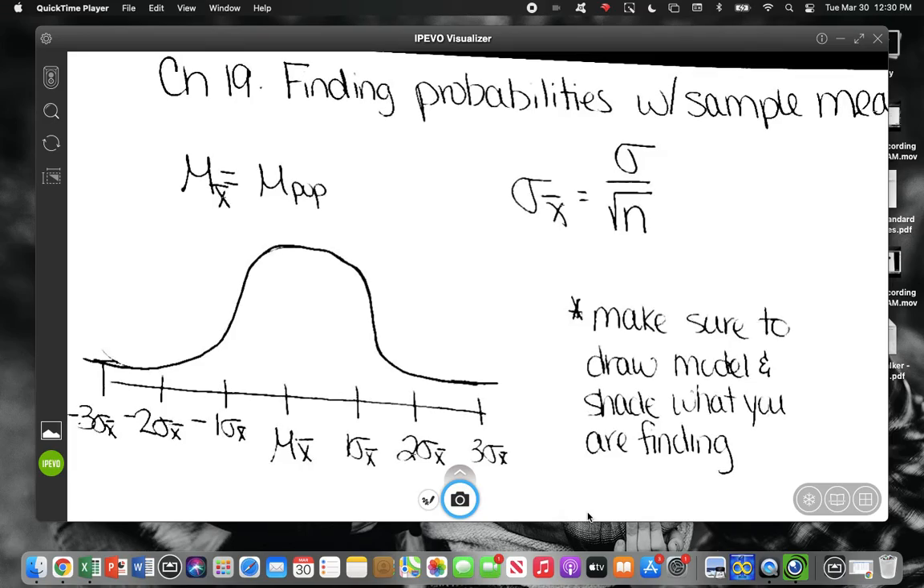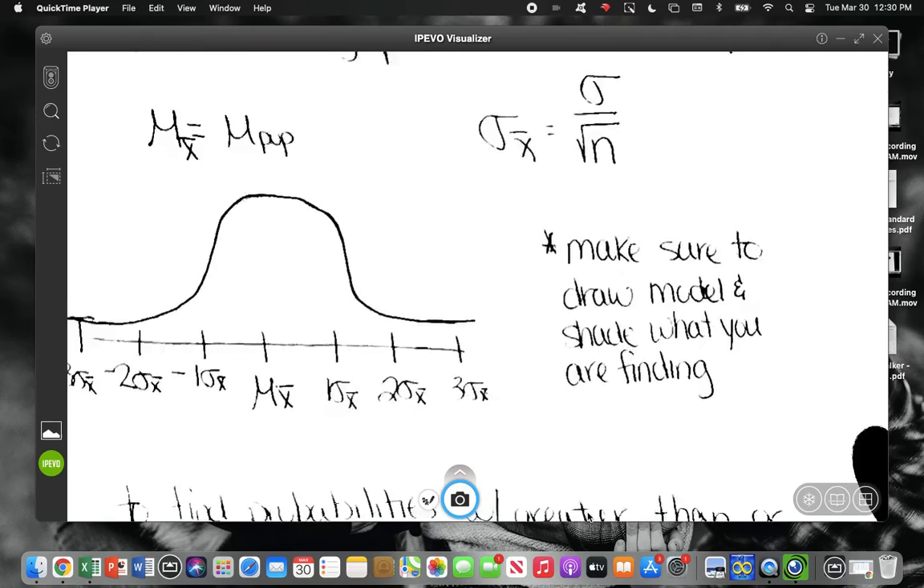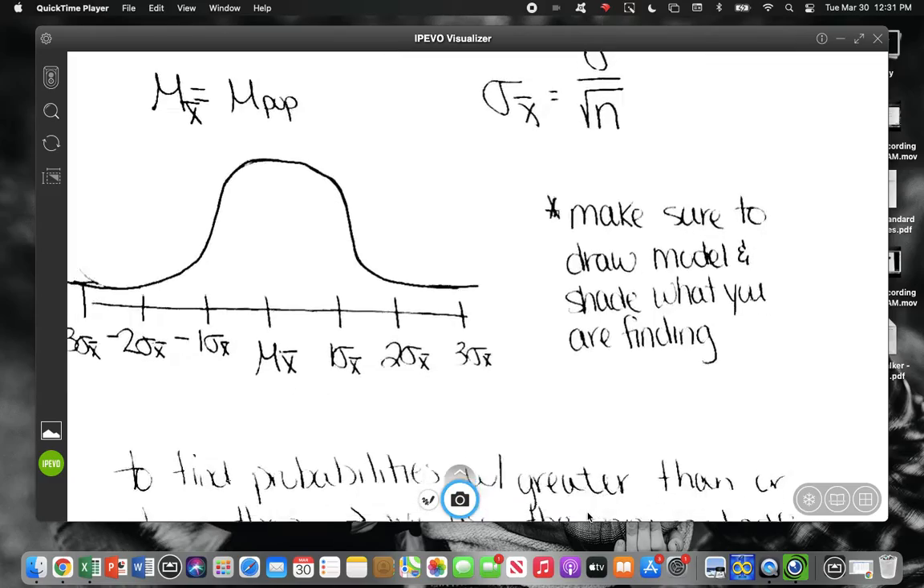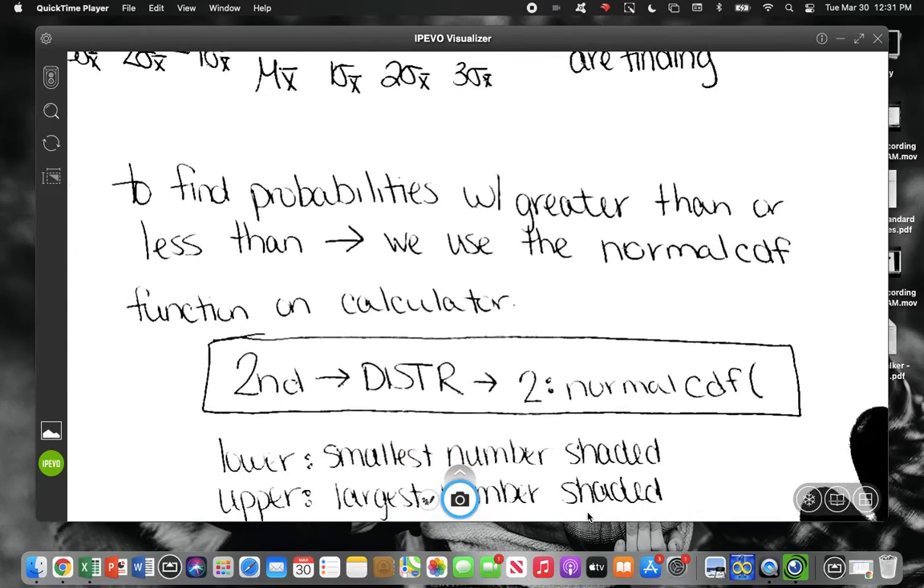So we are going to calculate some probabilities today. I just wanted to remind you, if you're finding the probability, make sure that you draw the model and shade, like what we did in chapter 18, where we drew the curves and the lines and shaded the area. Sometimes it was greater than, sometimes it was less than, and make sure we're shading the correct way. And then just like we did in chapter 18 with proportions, we are going to use the calculator